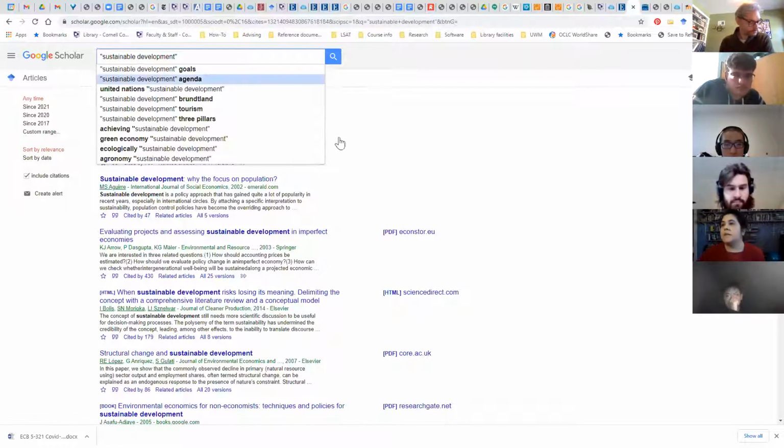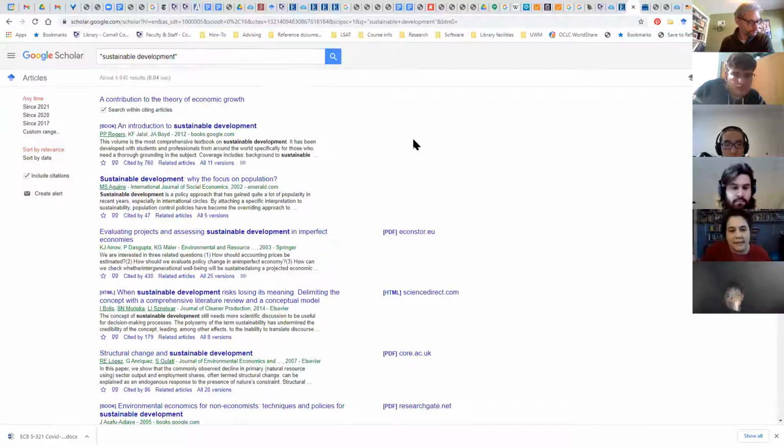If you use both of these techniques, going back and forth, looking at the references and then looking at the citing articles, you can very quickly build up a body of scholarship that's all talking to each other about a topic. Now you don't want to only do that, because sometimes there are parallel conversations happening around your topic.